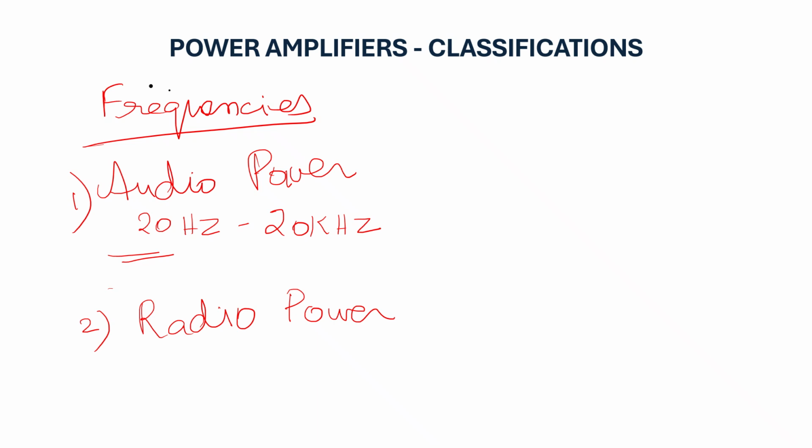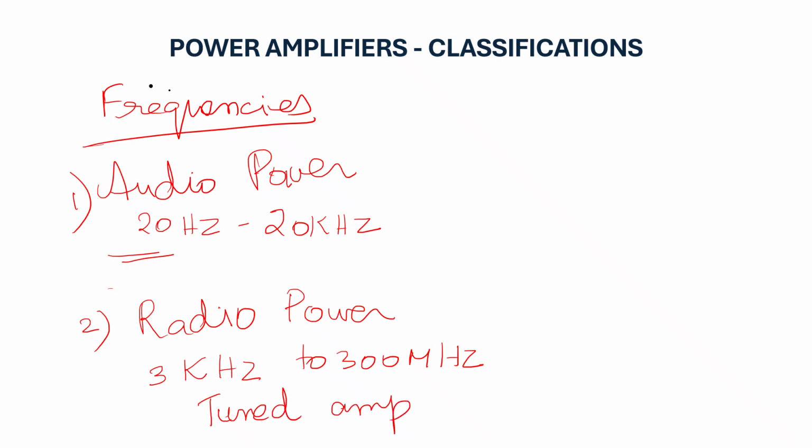amplifiers. Radio power amplifiers are those amplifiers which are working with a signal range of 3 kilohertz to 300 megahertz. 3 kilohertz to 300 megahertz are radio signal frequencies. So those amplifiers which are working in the frequency range of 3 kilohertz to 300 megahertz are termed radio power amplifiers. These are otherwise called tuned amplifiers. So this classification is based on